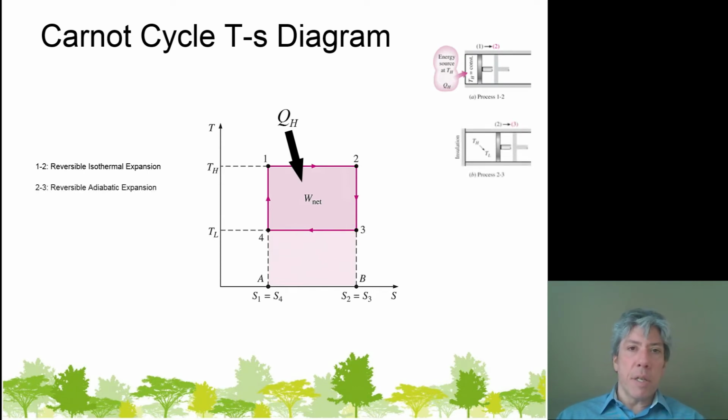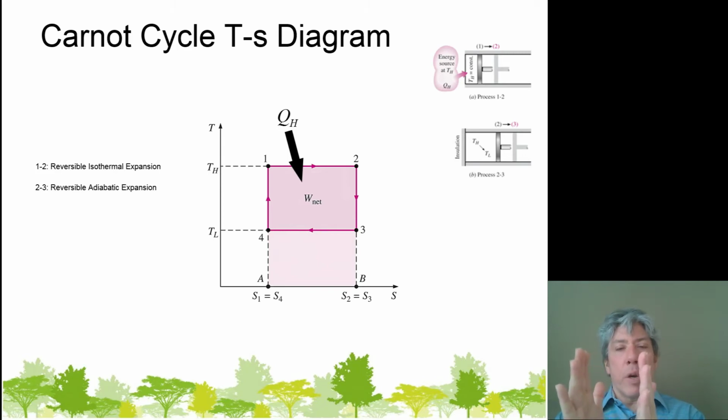The next process was to cap off the piston cylinder device, in other words, make it adiabatic, do not allow any heat to flow, and instead allow the piston to continue expanding as the temperature of the gases drops. Now, this is a reversible thing with no heat transfer. If that's the case, then no entropy is being generated, right? So the entropy of the system from state 2 to state 3 is constant,